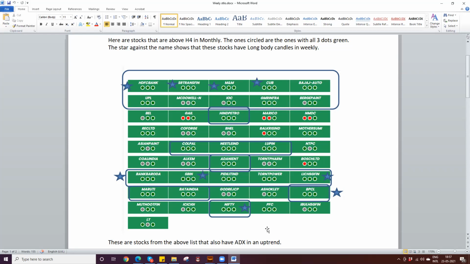Now 9 names are very handleable. You can perhaps stop right here and then simply run with this, right? 9 names are very good. I mean, it's a very easily handleable number. But if you want to do a little more, like it mentions here, these are the stocks from the above list that,